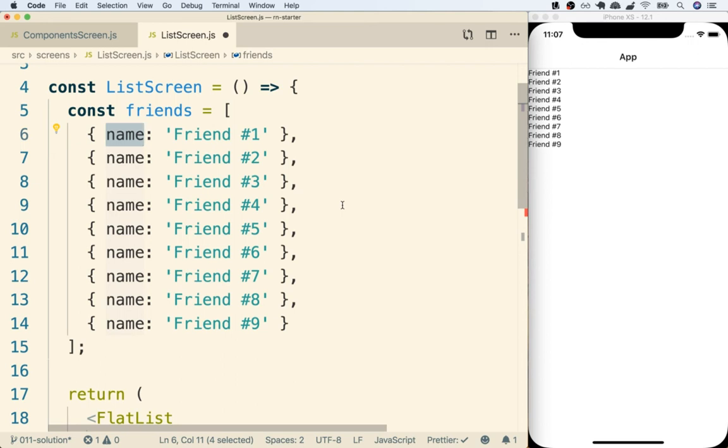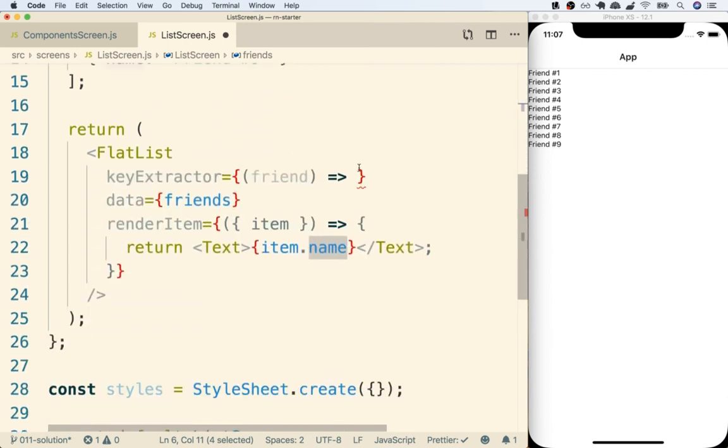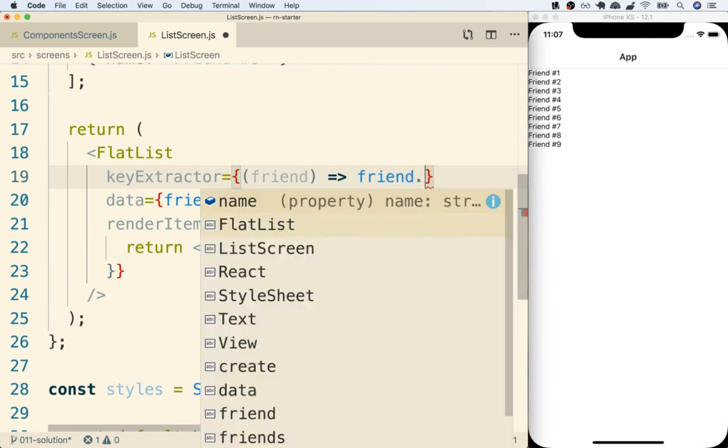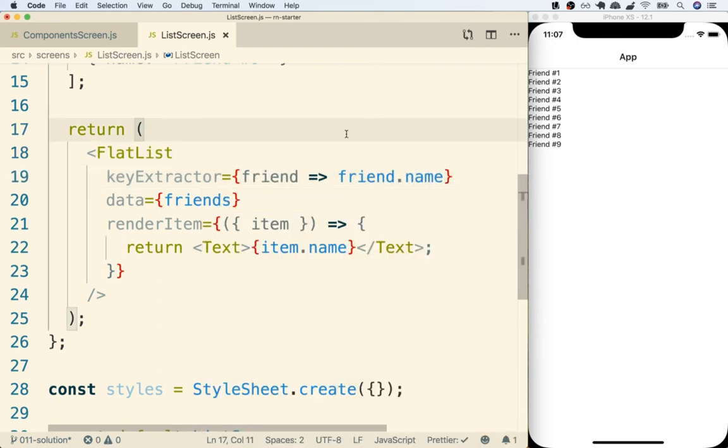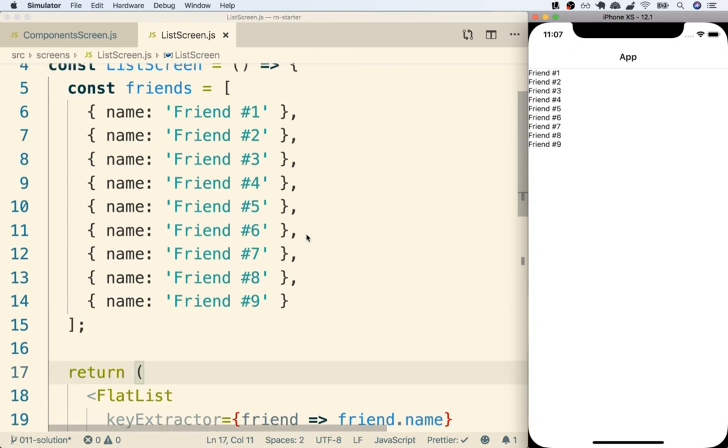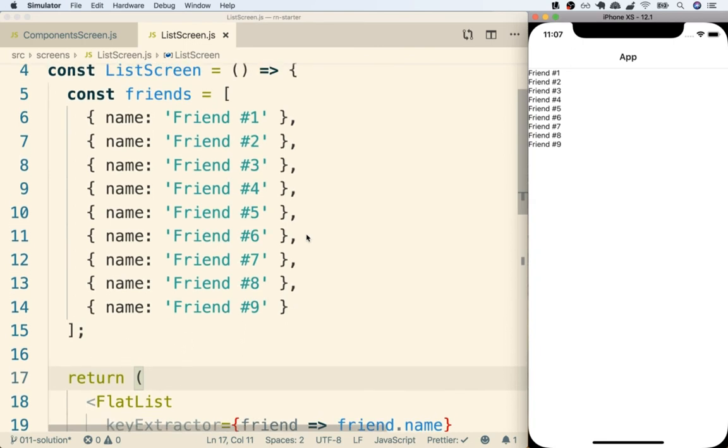It doesn't have to be a number, or excuse me, a string that contains a number. It can be any string of characters. It just has to be unique. That's the only requirement. So from key extractor, we could return friend.name. So now we're using that name property as our key. So now I can save this, and once again, we no longer see that warning message. All right, so once again, that's two different ways to solve this key issue. You're going to see both methods used very frequently inside of documentation.